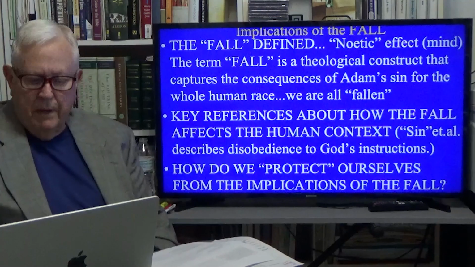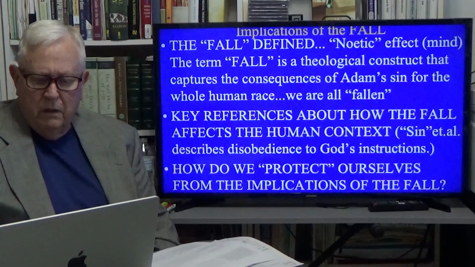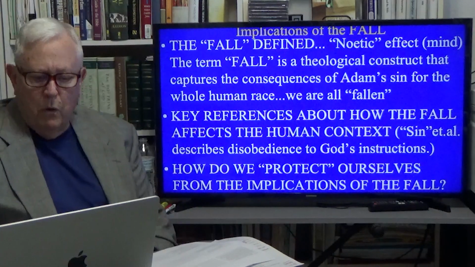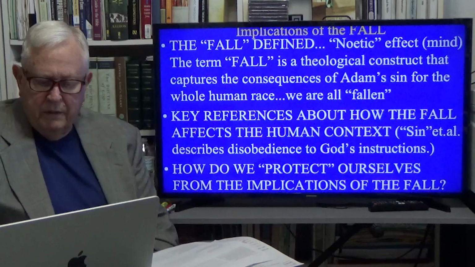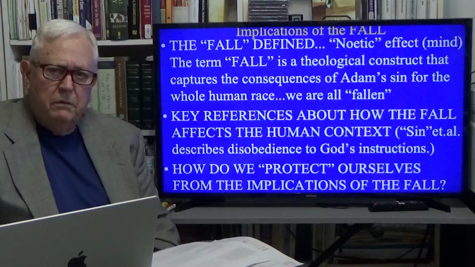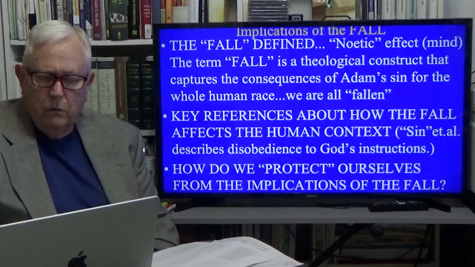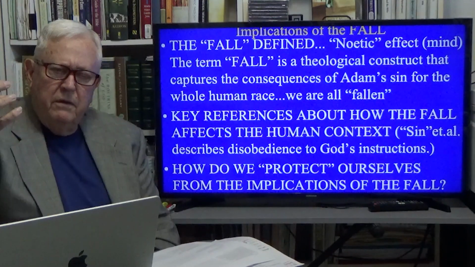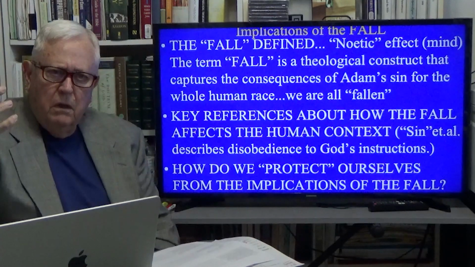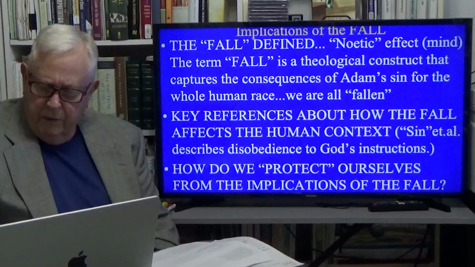Key references about how the fall affects the human context. We've looked at a number of references, and you've looked at more because I've asked you to do that in the notes. The word sin is a morpheme. It's a single syllable word that captures rebellion against God, violating God. There are three big